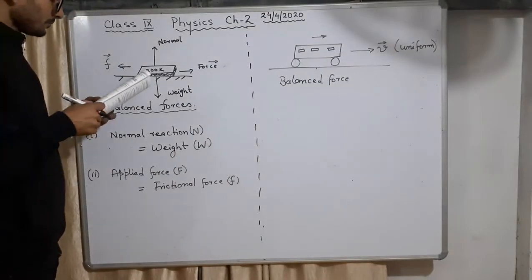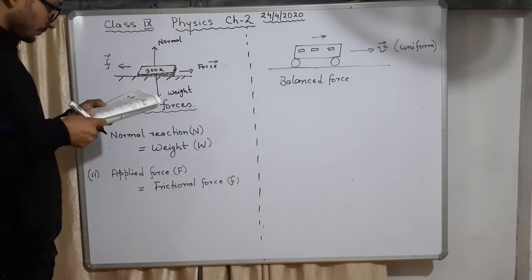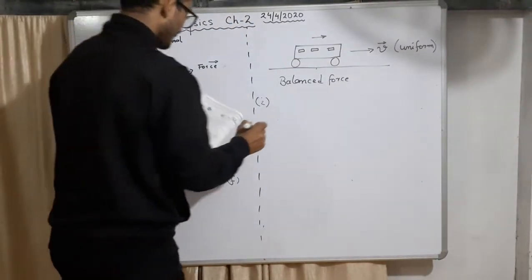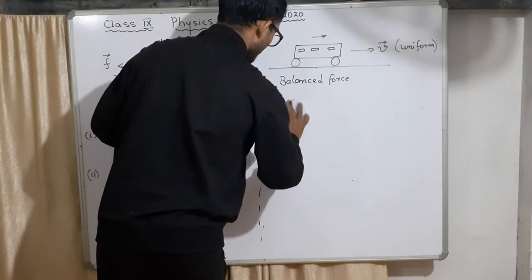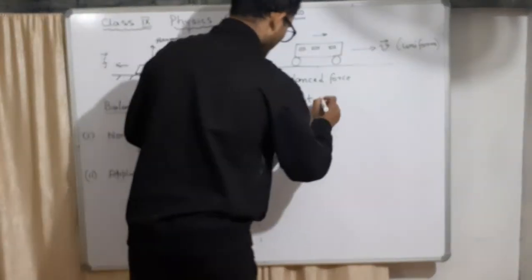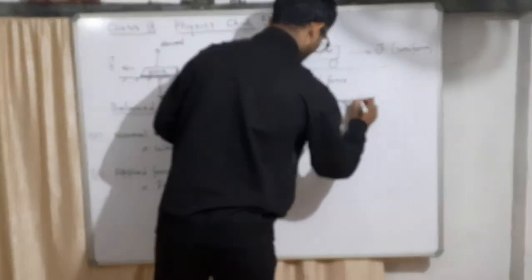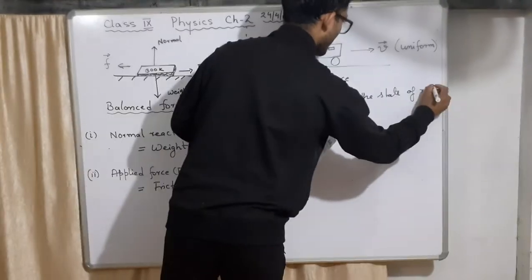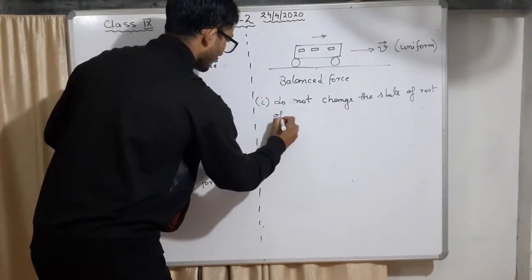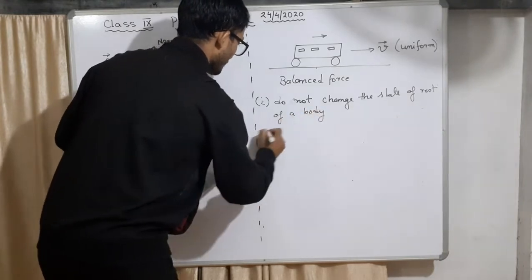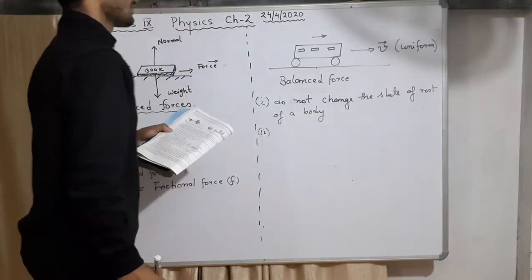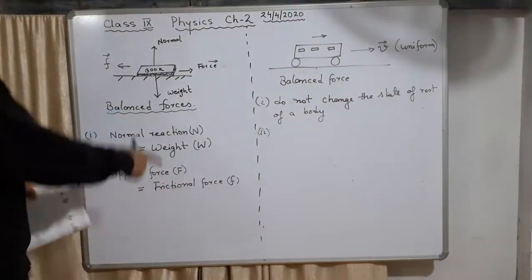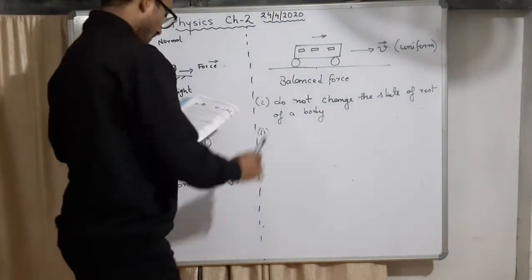Now, balanced force is that which does not change the state of rest of a body. These are qualities of balanced force. It will not change the state of rest of the body. If it is not moving, it will not disturb, it will still remain at rest, just like this example. Okay, and just like this example also,